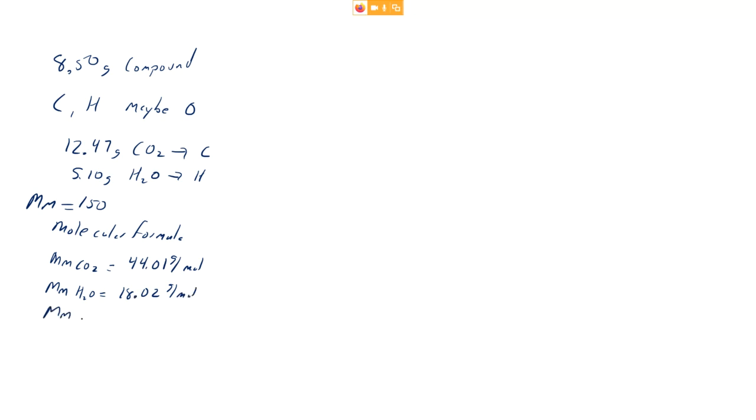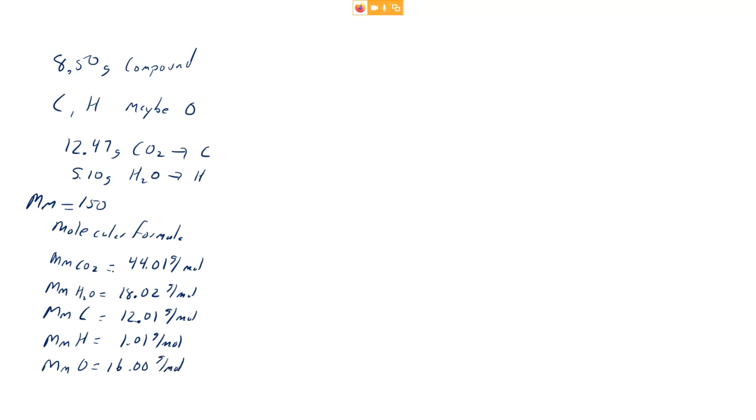I'm going to need the molar mass of carbon, which is 12.01 grams per mole. And I'm going to need the molar mass of hydrogen, which is 1.01. I may or may not need the molar mass of oxygen. I'll go ahead and write it down as 16